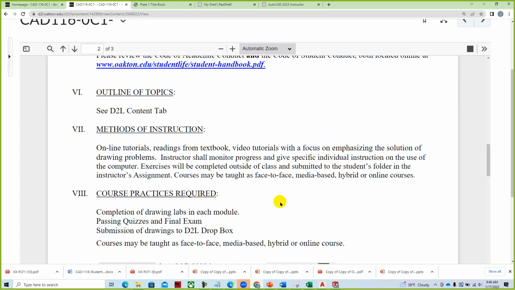with those expectations. We have an outline of topics, which we'll brush on after we go through the syllabus. Methods of instruction: online tutorials, readings from books, video tutorials. And so we try to videotape all the assignments as we go through. A lot of the students like to watch the videos because it's kind of a graphical language and you kind of see how everything works,